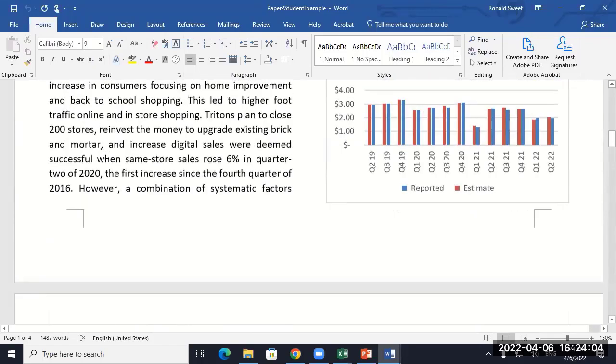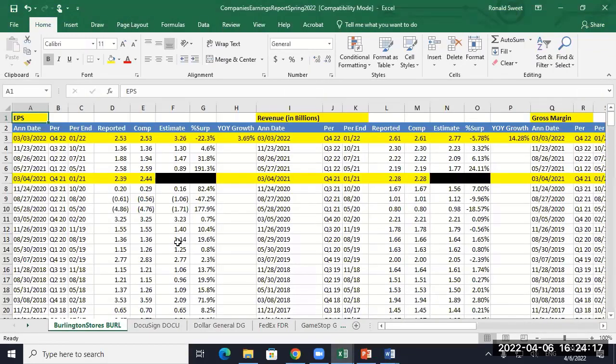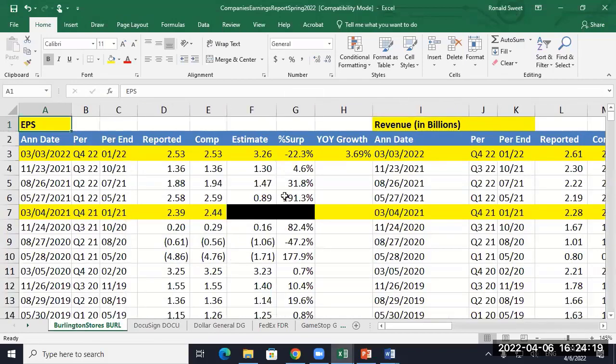She went with the numbers, why; I tend to be numbers, and then the why. It just kind of depends on the company and what you're trying to do. If you look at the numbers themselves, here's Burlington. I don't know if anyone's doing Burlington, but